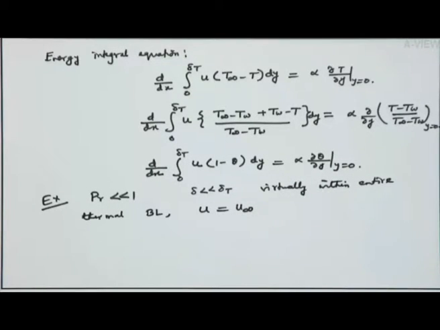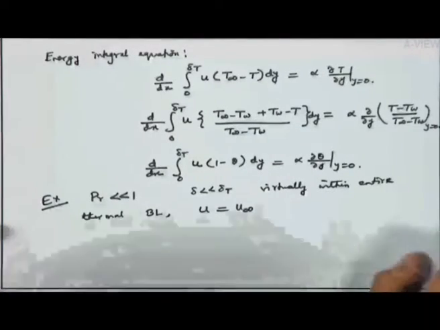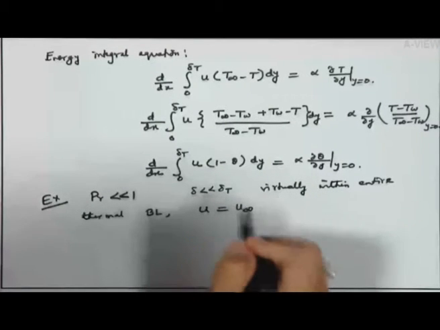So, that means very quickly you go out from the inside to the outside of the hydrodynamic boundary layer, but still the thermal boundary layer has a long way to go. So, within the thermal boundary layer the velocity remains as u infinity, because you have already come out of the hydrodynamic boundary layer at a very short distance from the solid boundary. So, u is u infinity.